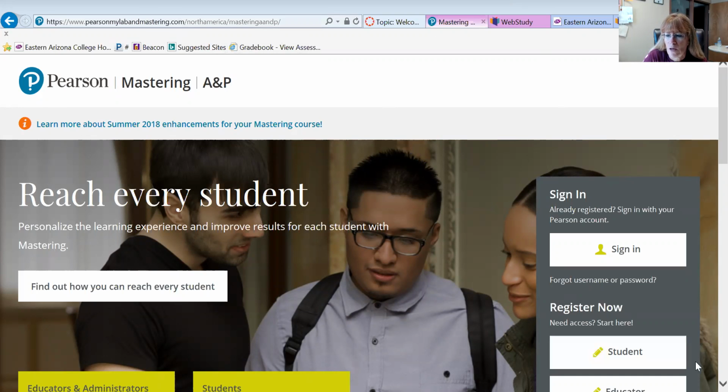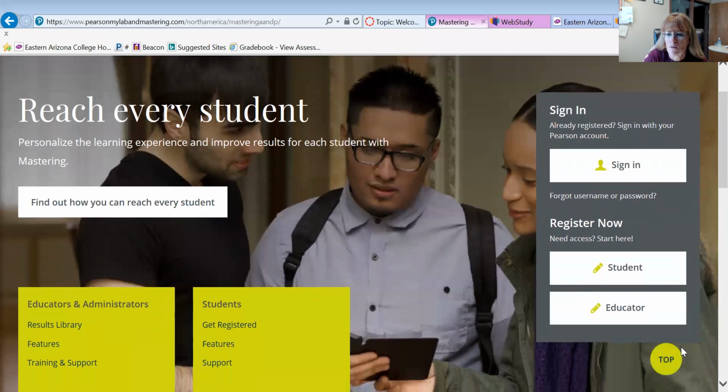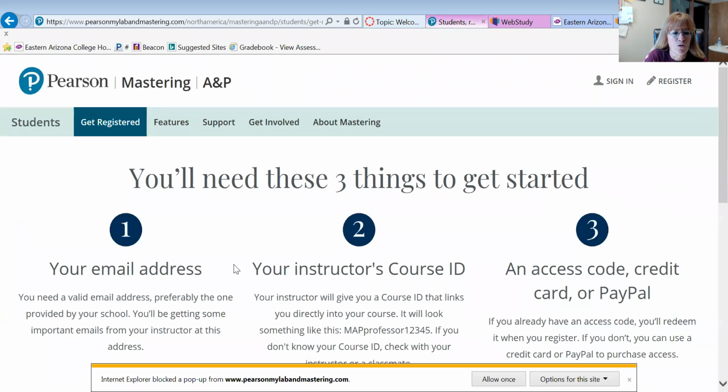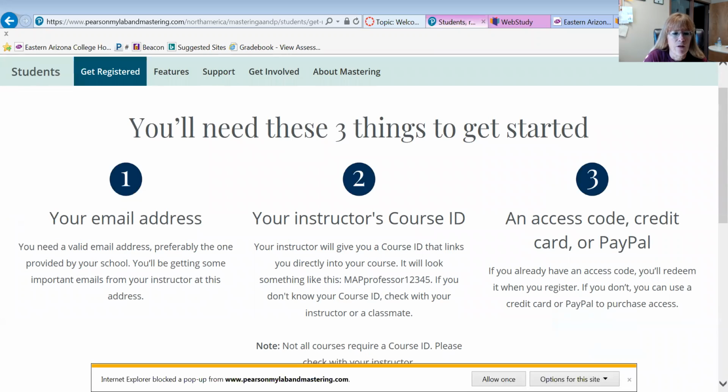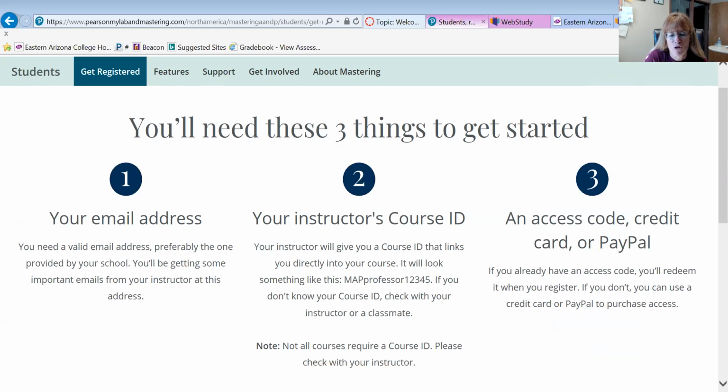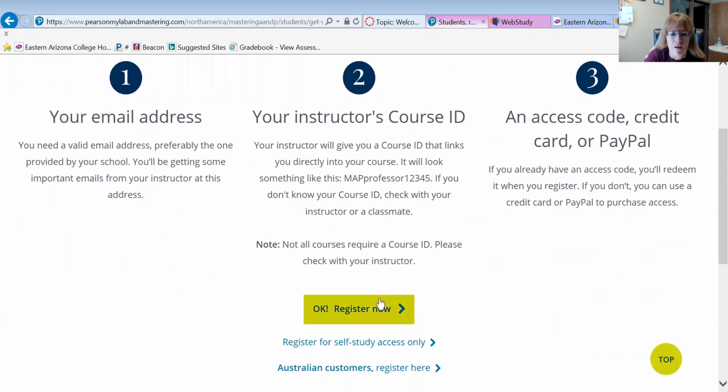So you're going to scroll down to student, and you'll click on student, and you'll have an email address, the instructor's course ID, which I will give you in just a moment, and the access code, credit card or PayPal if you are purchasing it that way, but you should have the access code already that came with your lab manual. So then you'll click on register now,